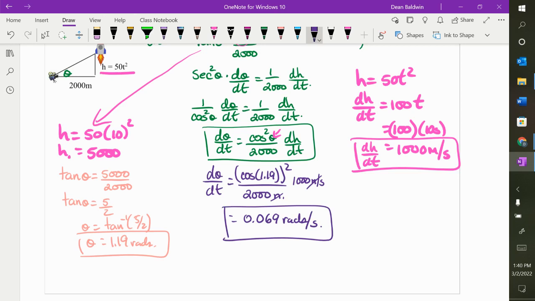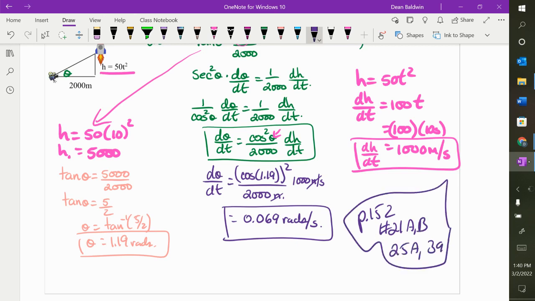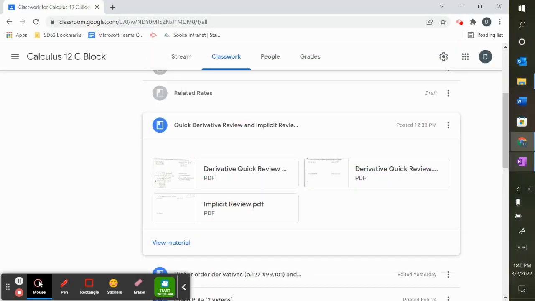All right. I want to give you a bit of time. There's only 10 minutes left of class. I don't want to do the next two examples, which are just variations of this. Okay. I'll do them and put them in a video later on, so you can do them as practice. Questions from the book that you should do: page 152, numbers 21A, B, 25A, and 39. That was very quick. Usually I split this up over a couple